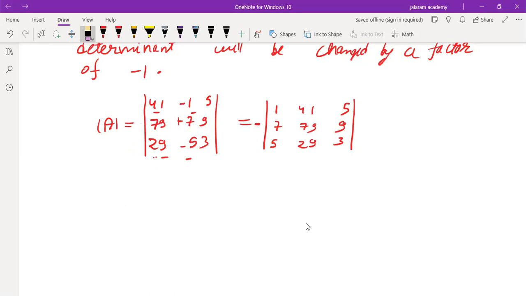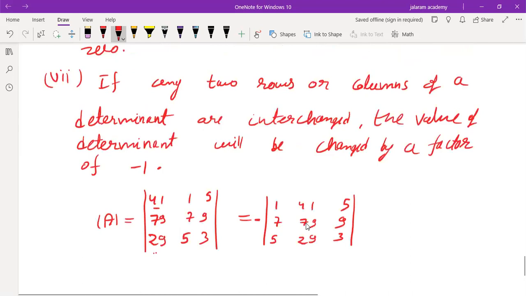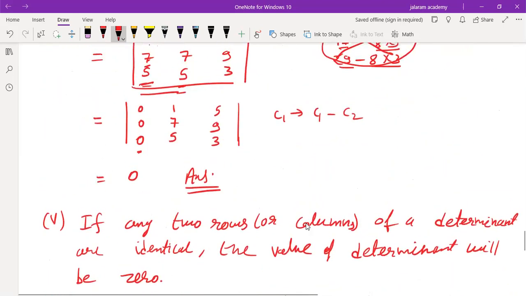So listen to it again and again, what I have said. Then you will understand what I am saying. As we have changed the column, we have to multiply the value of the determinant by minus to make it equal. Now, if you solve it using the same method, it will give the same result again. Otherwise, it will be negative.